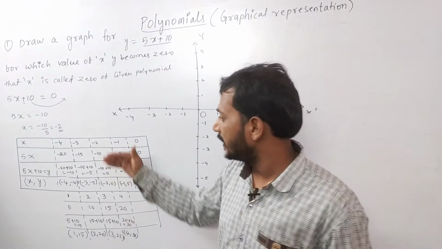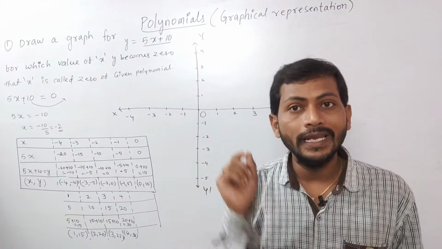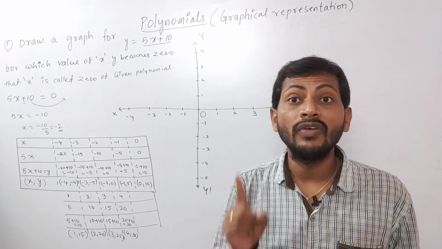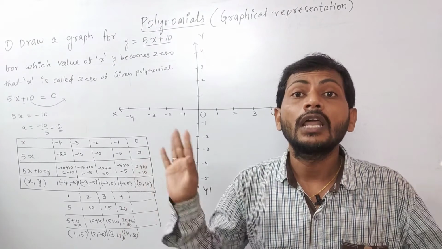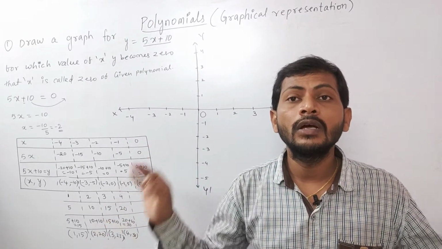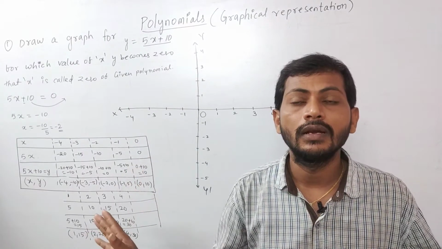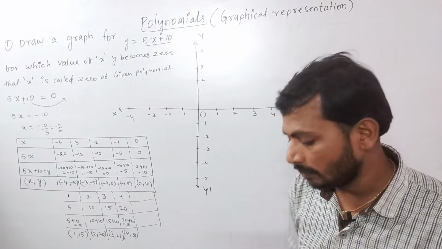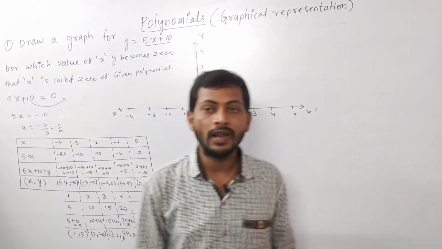If I make any mistakes in any step, or if you have any doubt about drawing the graph, please ask. Why I am saying this is because it is a very important question from the polynomials graph. 100% a graph question will come in the final exam for class 10. Clear? So don't simply sit.